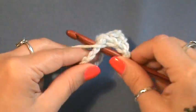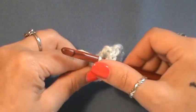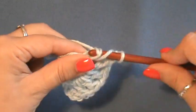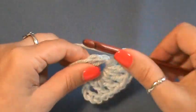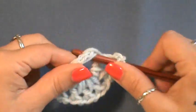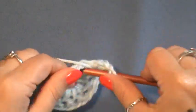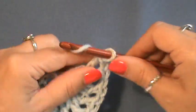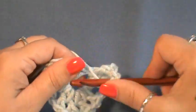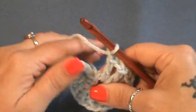2, 3, 4, 5, 6, 7, 8, 9, 10, and you can pull that tail a little bit as you go,